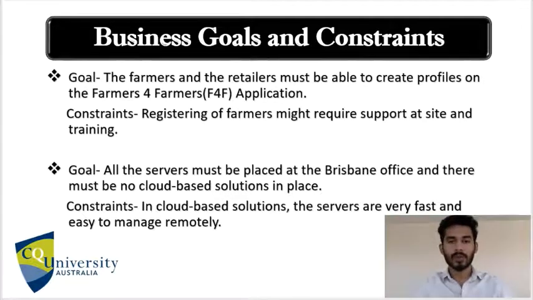Once we start receiving the orders, the server at Brisbane receives the orders and at the same time processes the orders to the nearby truck drivers. The constraint here is that no orders should be missed and the server needs to be handling all the orders at the same time. The farmers must know how to use the application and they must be able to place orders for fertilizers and other essential things that are required for farming through the application.